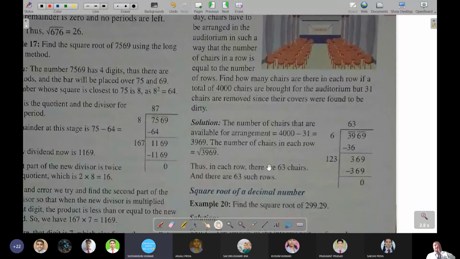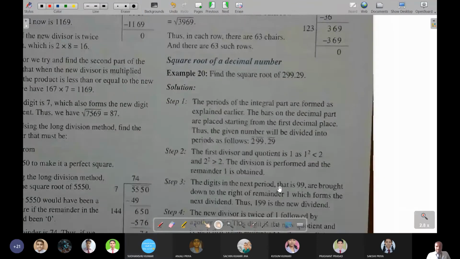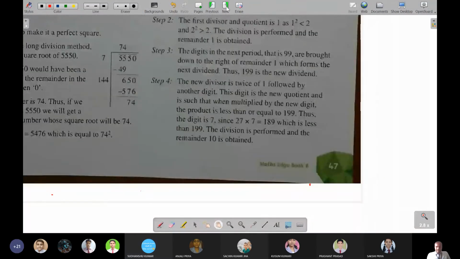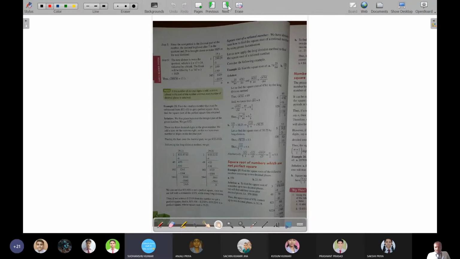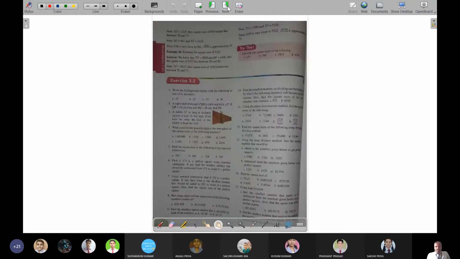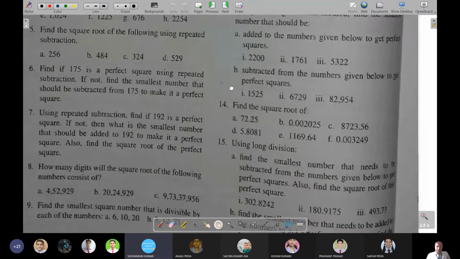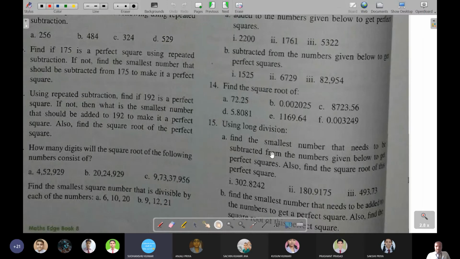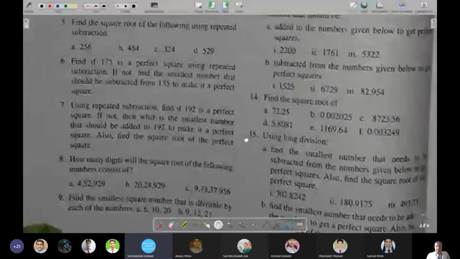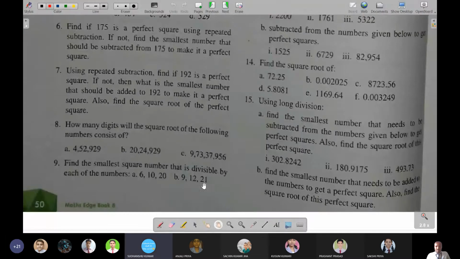Now, sir, explain, sir, 3 point. Okay, of course, a few examples are left, I think. After this page there is, I think, 3.2, is it? No, there are a few more left. Then the try this section is also there. Okay, say, what is your problem? No problem, I will be explaining. Then I will come back to the example again. Sir, question number 9. What is it? Find the smallest number which is divisible by each of these. No, sir, 7.